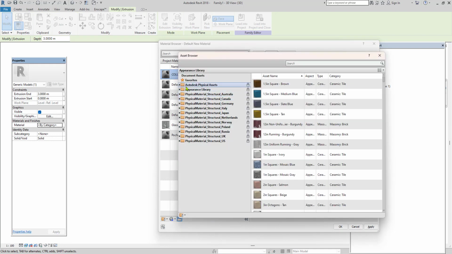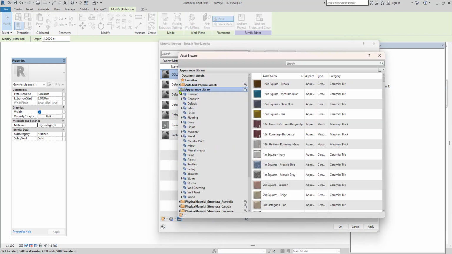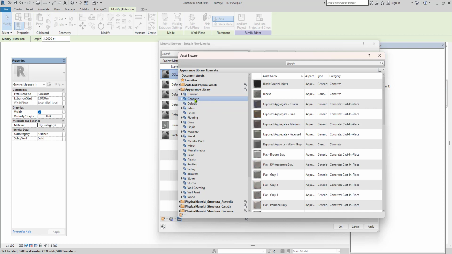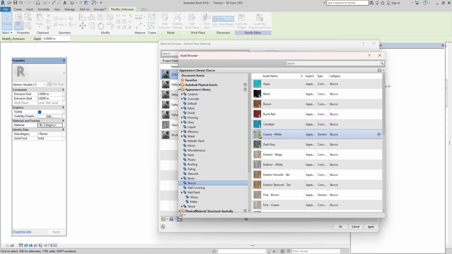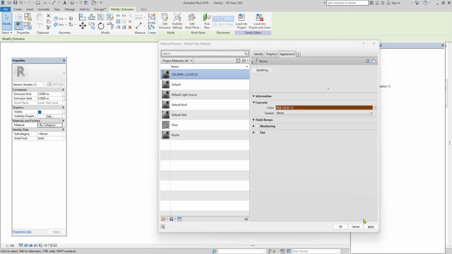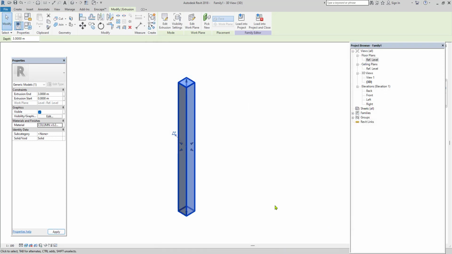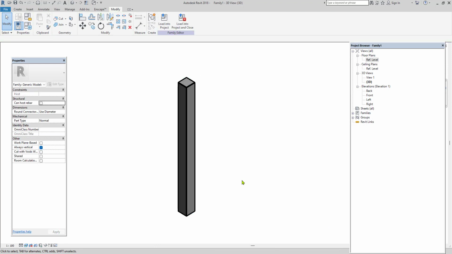In the asset browser, appearance, if you are going to prepare a structural column, then you can apply the concrete material, and if you want to decorate with architectural finishes, then you can directly apply wall paint. I am just applying the wall paint with the help of stucco, applying it like a ghost white or brown color. Close this, apply and OK. So this is how we can create the column.